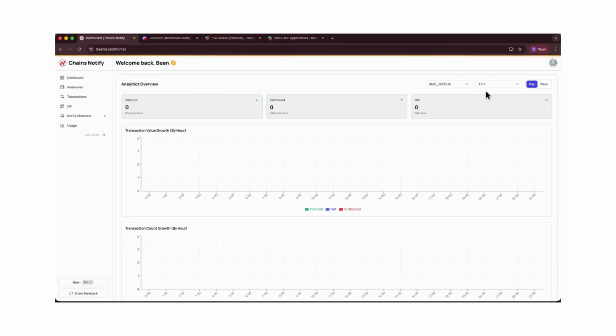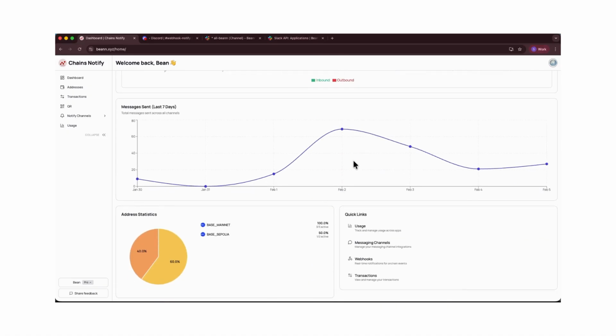Finally, the dashboard provides a complete overview of system usage. You can track notification volume and monitor plan limits in the usage section. All metrics are visualized clearly, helping you optimize your